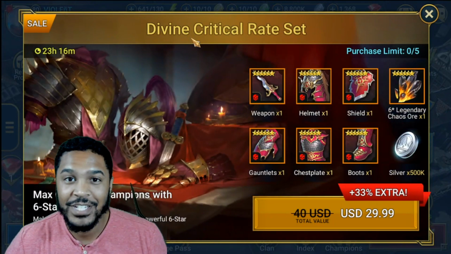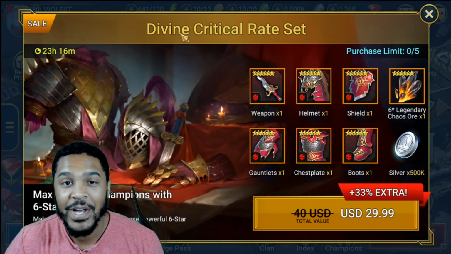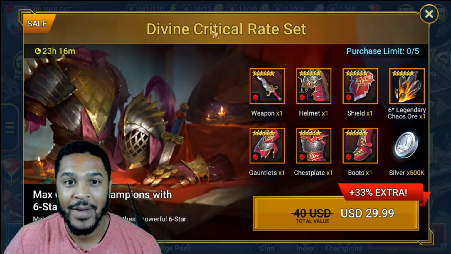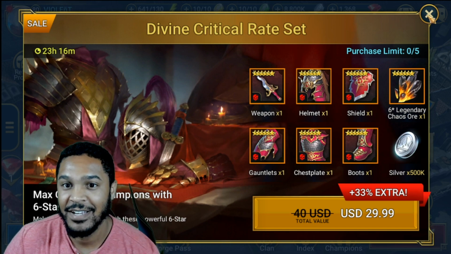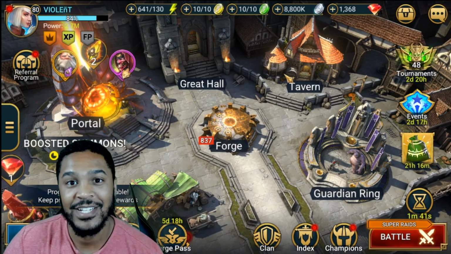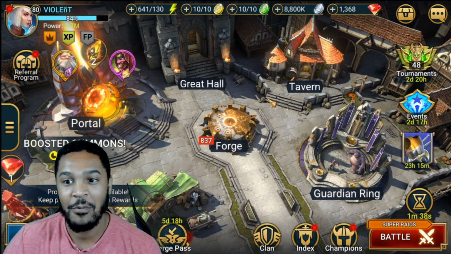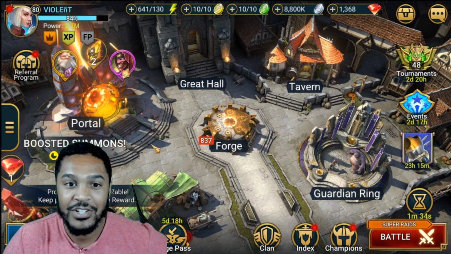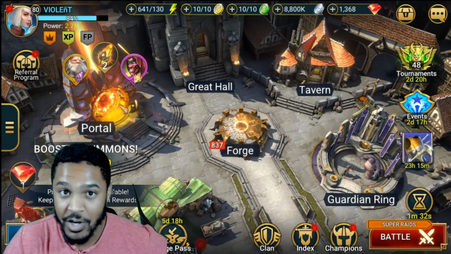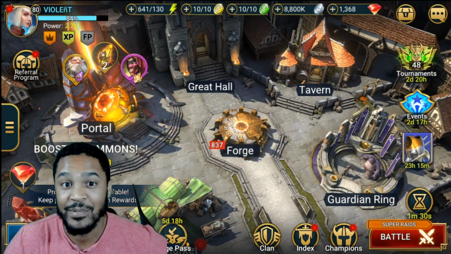What's up guys, Aroneous here with another Raid Shadow Legends video. In today's video, I'm actually on one of my clanmates' accounts. It's going to be Violent, and he so graciously allowed me to get onto his account so I can view his account. I was interested in looking at his account, taking a look at his champions. Also, he's allowing me to pull some shards on this video as well, so that's going to be pretty cool